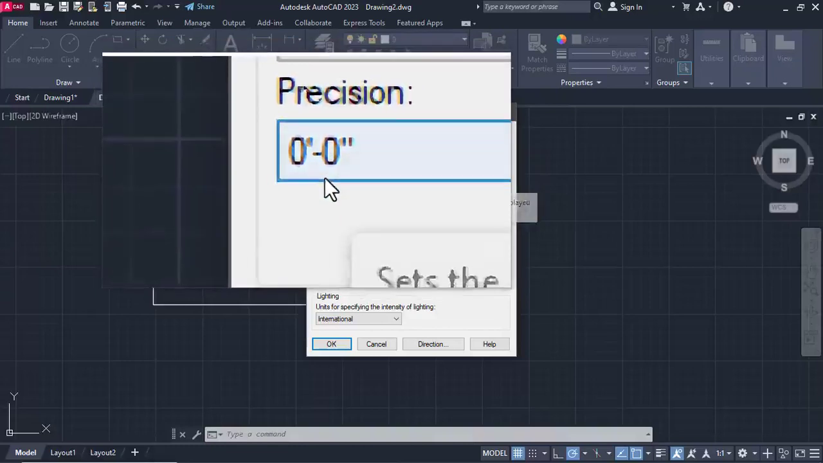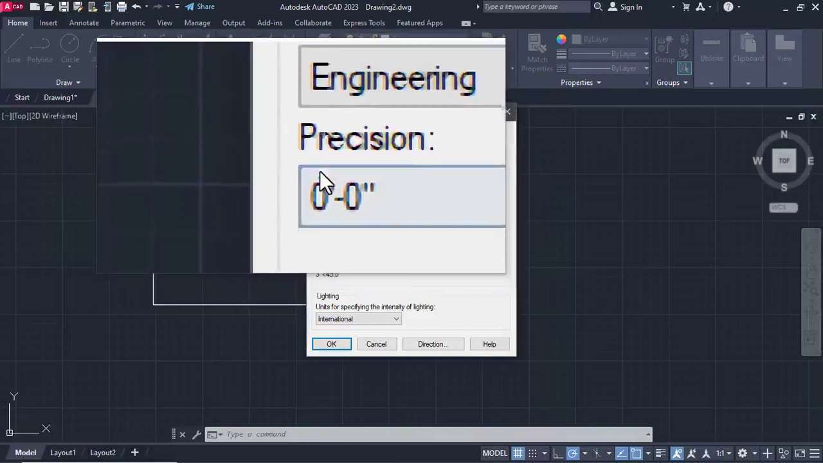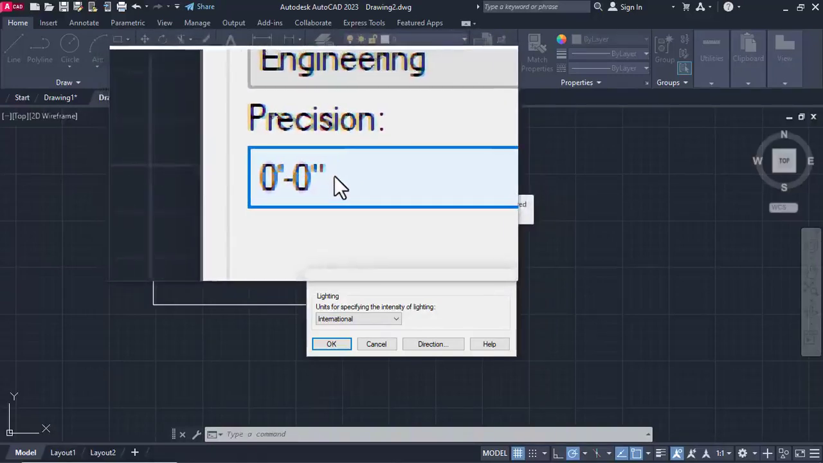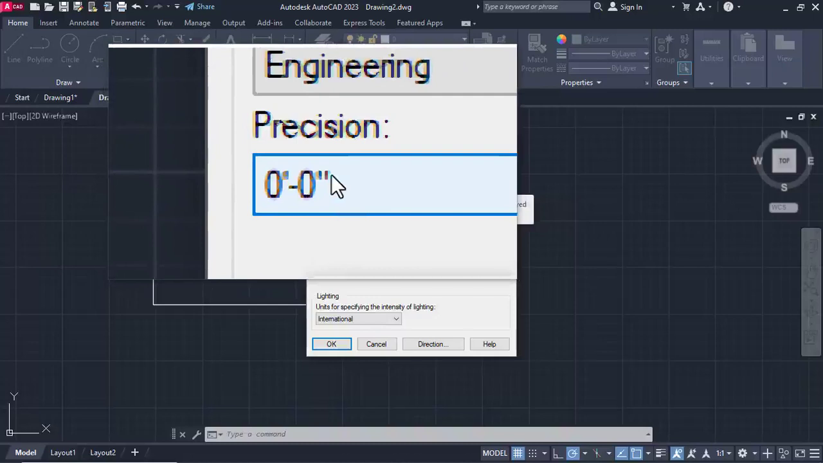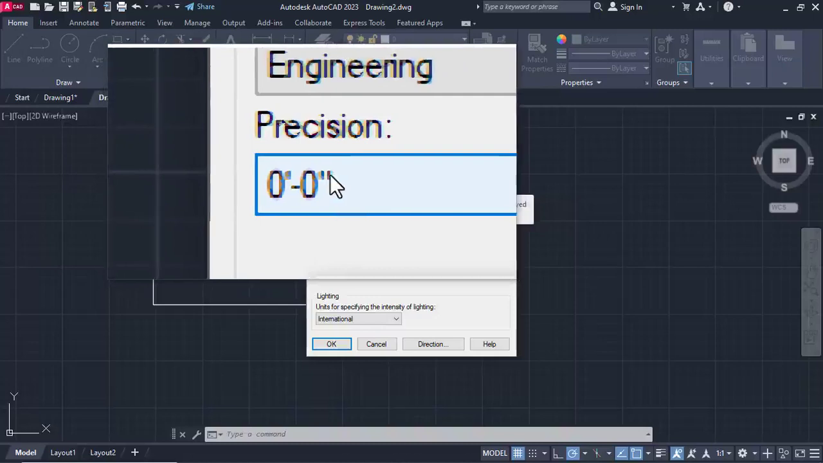The first one here is for feet, 0 feet and 0 inches. The moment you see this, what do they call this thing in English? Quotation mark, either single quotes or double quotes. Single quotes is in feet, double quotes is in inches. So the moment you see this quote in any drawing at all, just know that it's in feet